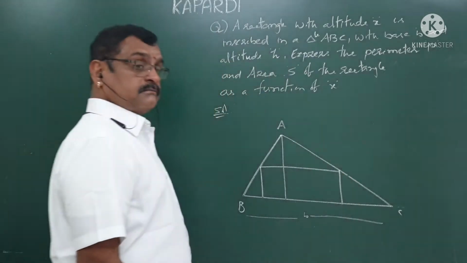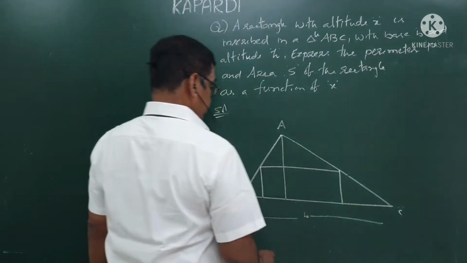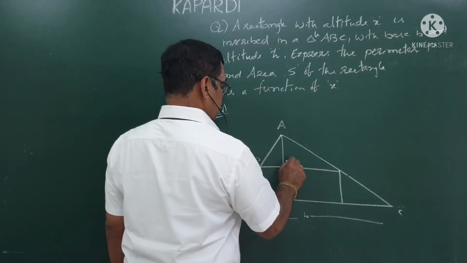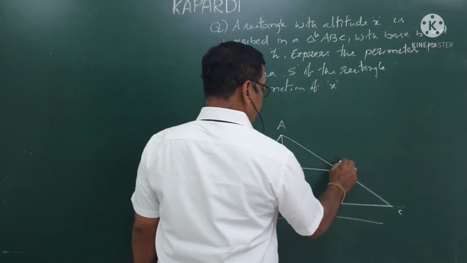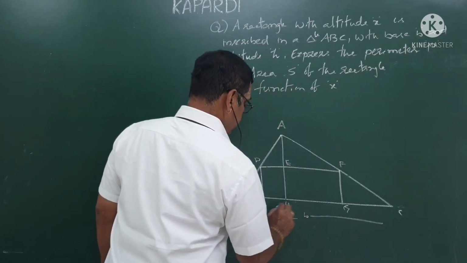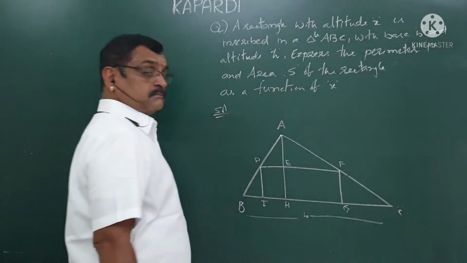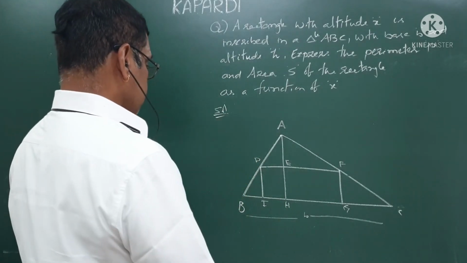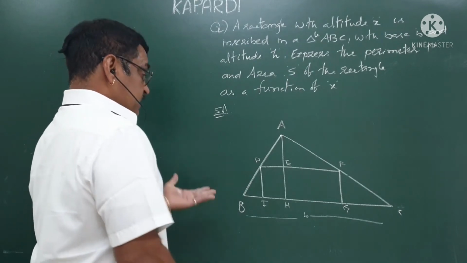This is a rectangle. Now I'll give the names A, B, C. I'll start from here. D, E, F, G, H, I. I have given all the names for this one. So what I do, to find the area,